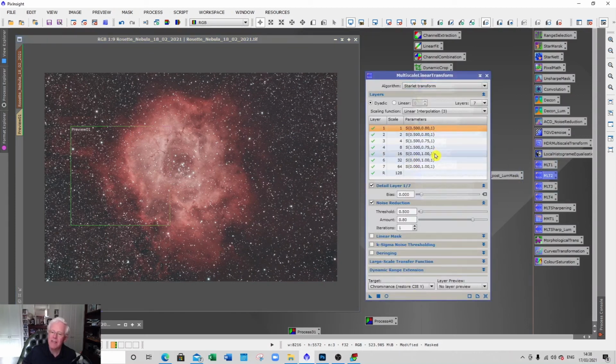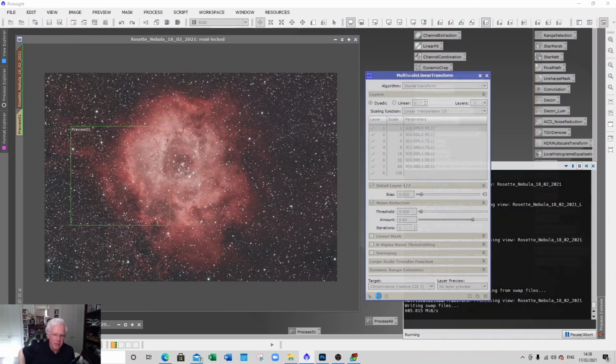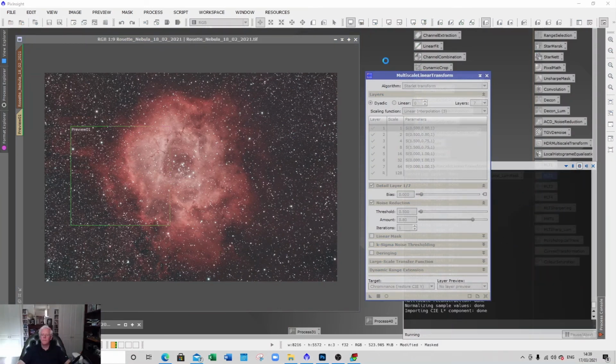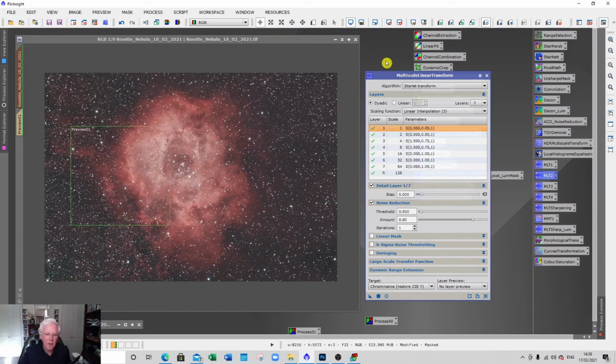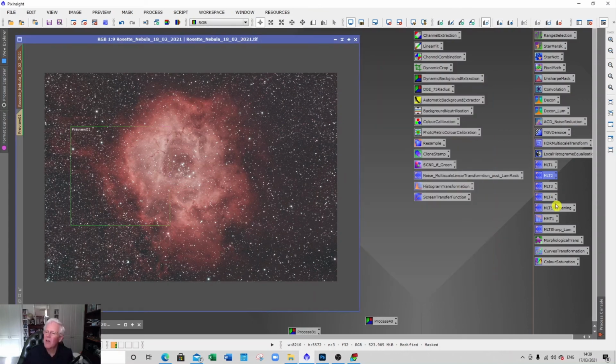Again, you can look at my settings here. I've experimented with these over time and they seem to work quite well. So again, I'm just going to look at that preview. I'm just going to apply this time. So let's just apply that and we can see how that comes out. Right, so there we are, done on those ones. So now finish with that one. And then lastly, we've got